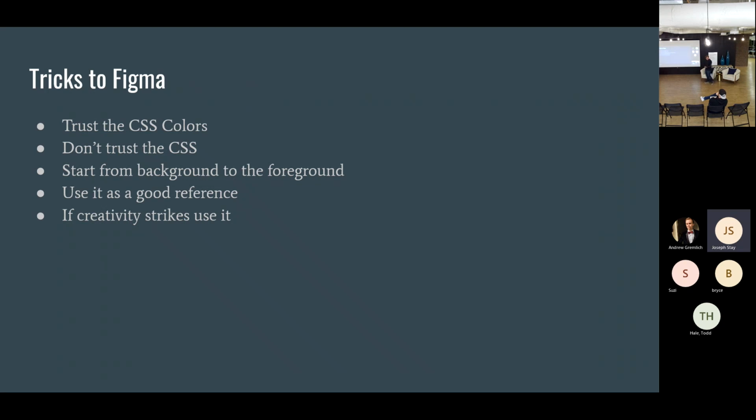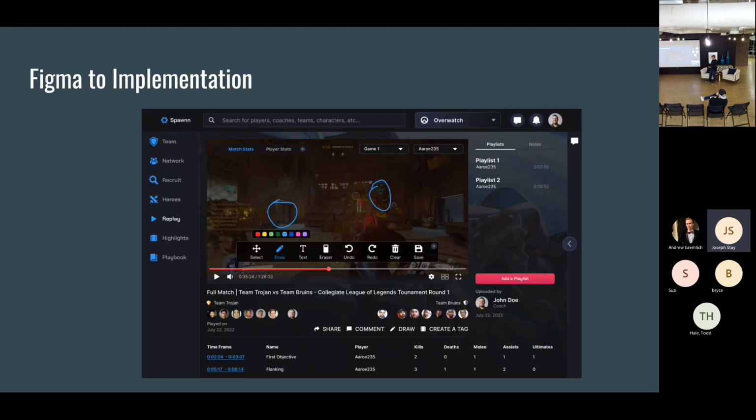Another thing that I learned with Figma is that it's way better to start from the back, the background, and then go to the front. Whenever I'm doing my divs, I make sure the background is the first wrapper. I design it thinking about how each div is going to go from the back to the front.